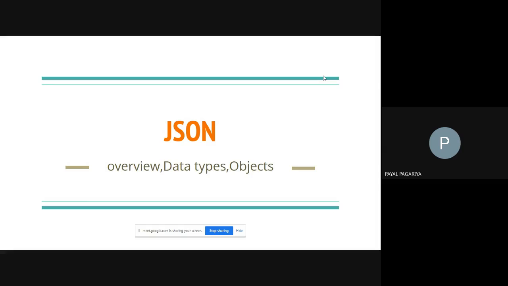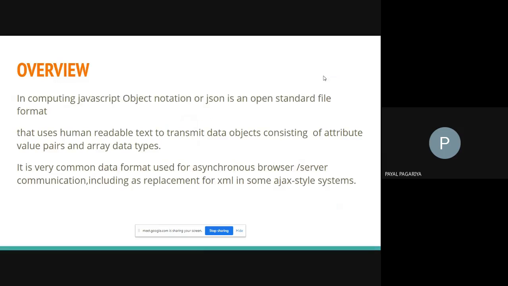Okay, start. Is my video visible? Yes, visible. Okay. Hello everyone. My name is Payal. I will be explaining the JSON overview, data types and objects, and how the objects are created in it. So JSON, in computing JavaScript Object Notation, or JSON, is an open standard file format